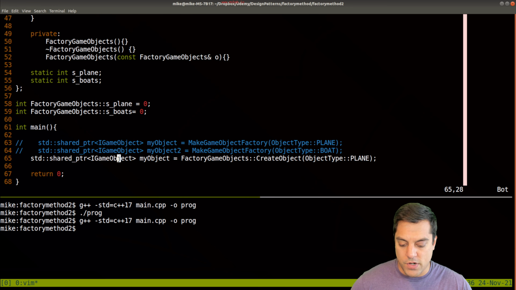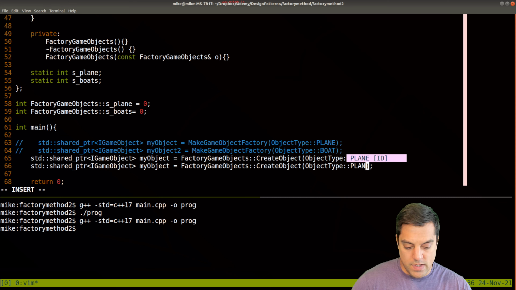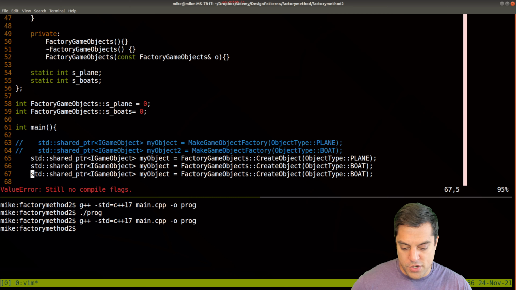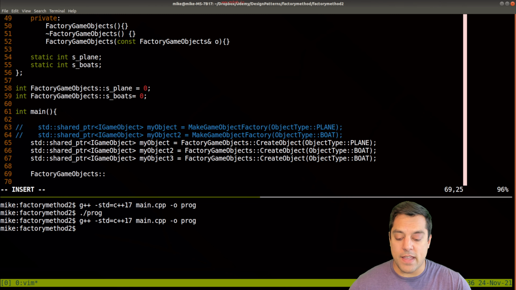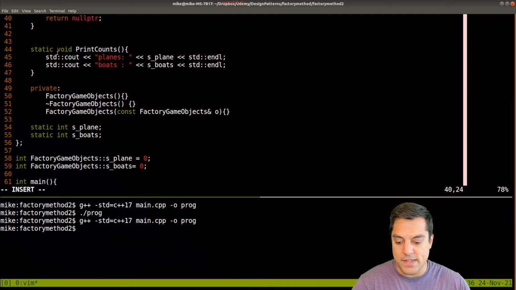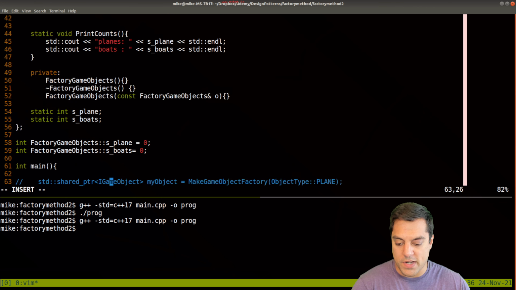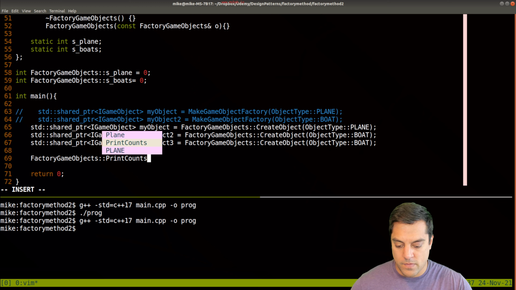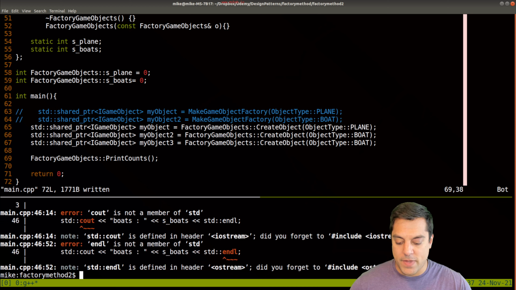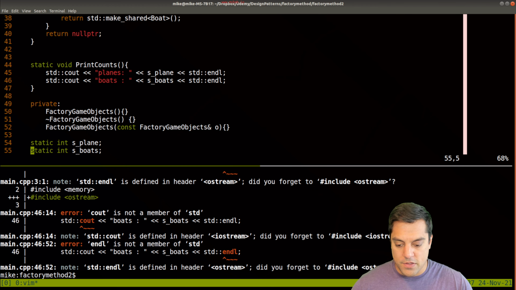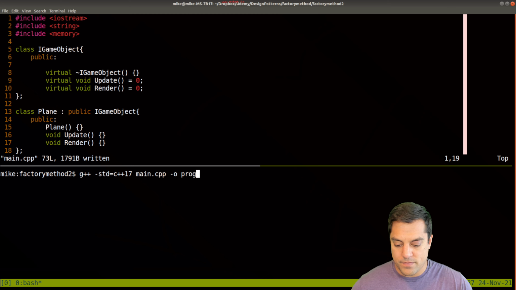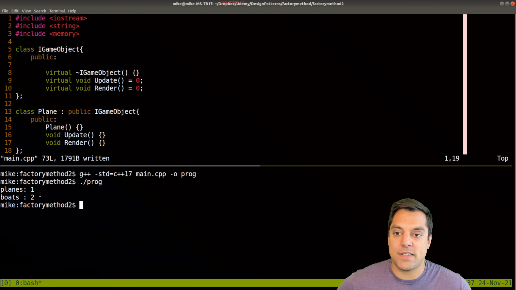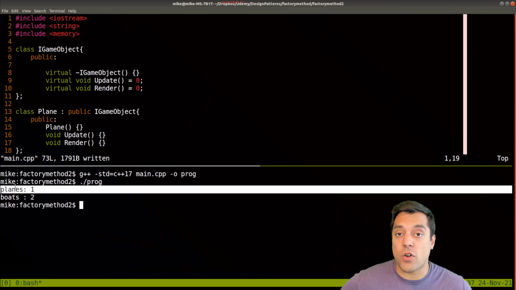And let's go ahead and use our factory to create some objects here. Let's create, how about 1 plane and 2 boats. And I'm just going to go ahead and do it like so. And then through our FactoryGameObject, let's go ahead and get the count here. Again, this is a static void function here, so I could just call PrintCounts here. Okay, let's go ahead and recompile, see if we made any mistakes. cout, I have not included. So that's part of the iostream library for this example. I'll rebuild, rerun, and like so, you can see that throughout the duration of this program, we've created 1 plane